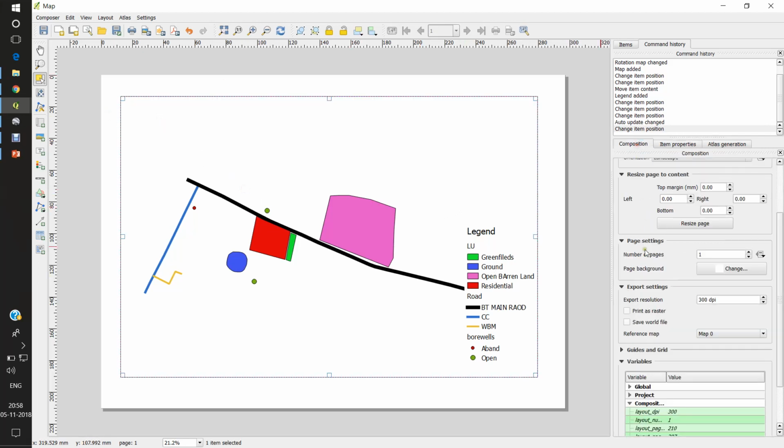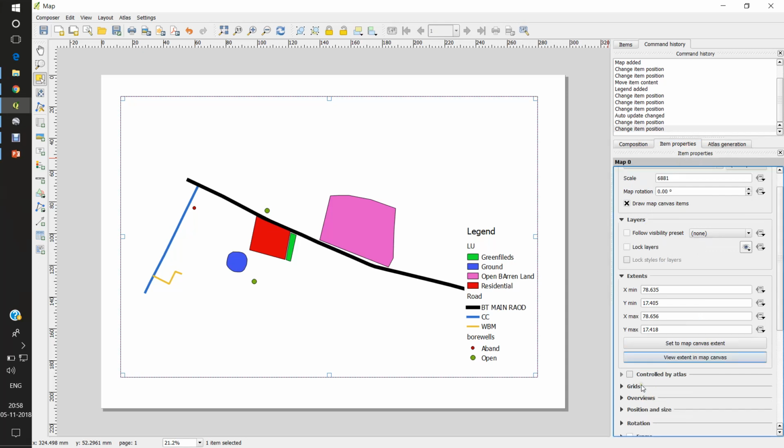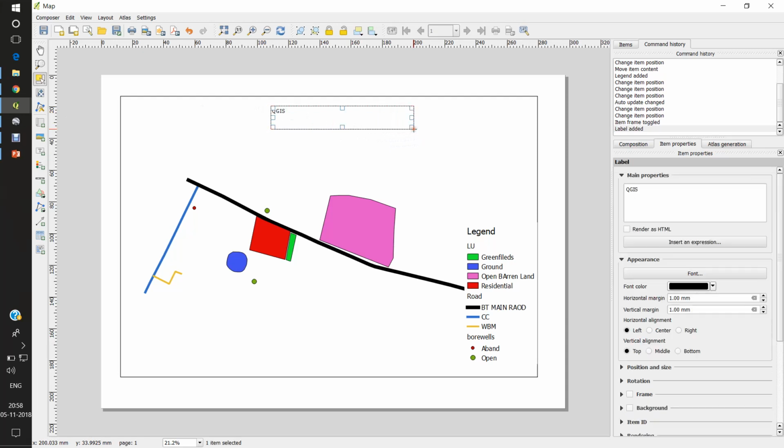So come to the composition, item properties, sorry, add frame. So you can add a frame here and insert text. So I want to insert a layout here. It is a layout of proposed area,